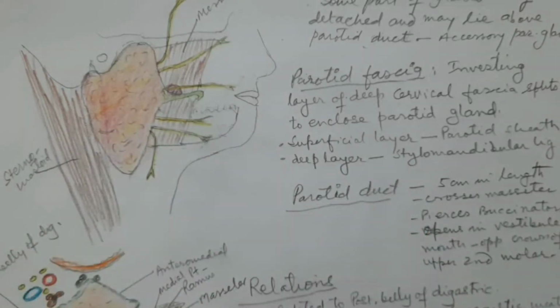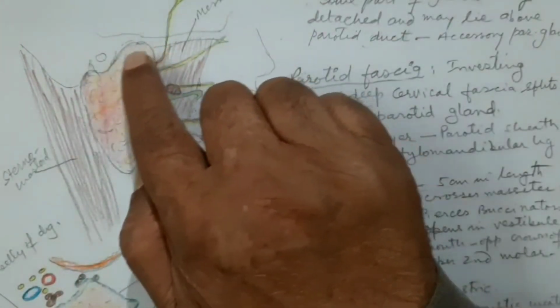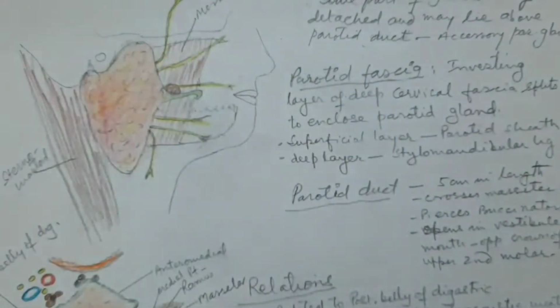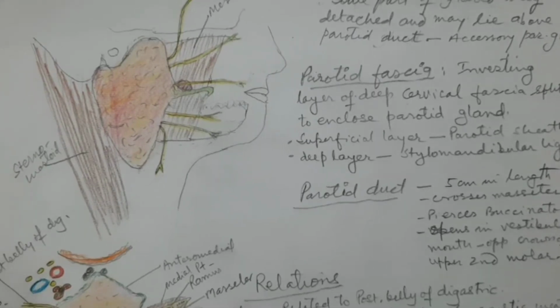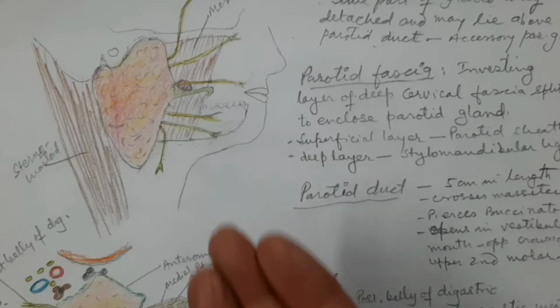Superficial fascia is attached to that of the zygomatic arch. It is attached above to the zygomatic arch, and it is tough, covering from above, and this is called the parotid sheath. The one covering the superficial surface is called the parotid sheath, while the deeper layer